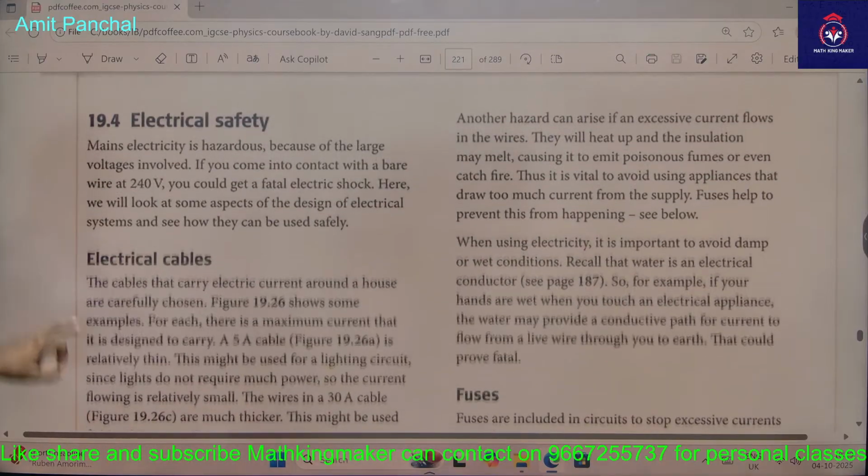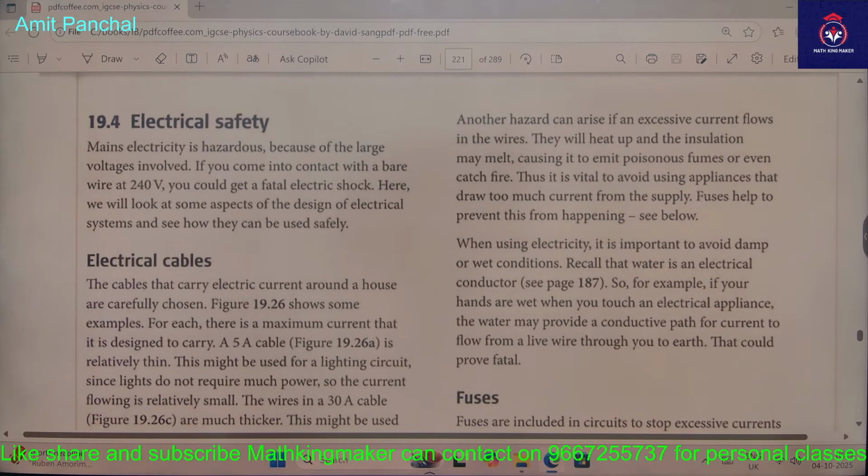Is electrical safety there? Yes, we can do this. Electrical safety is a very must thing, you understand. Mains electricity is hazardous because of the large voltage involved. If you come into contact with a bare wire at 240 volts, you could get a fatal electric shock. Here you will look at some aspects of the design of electrical systems and see how they can be used